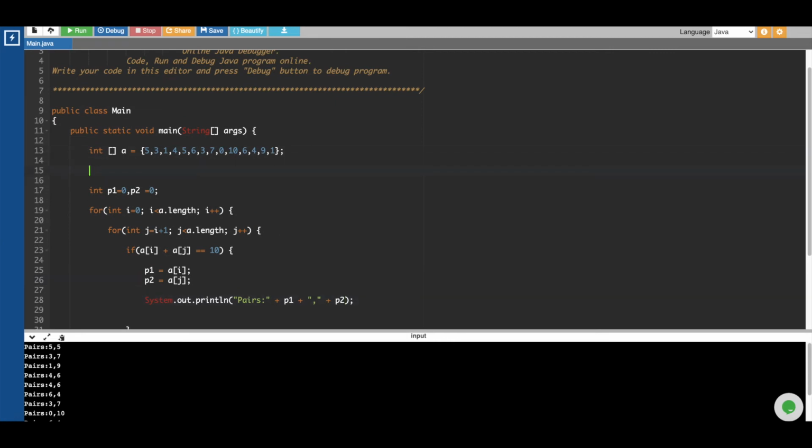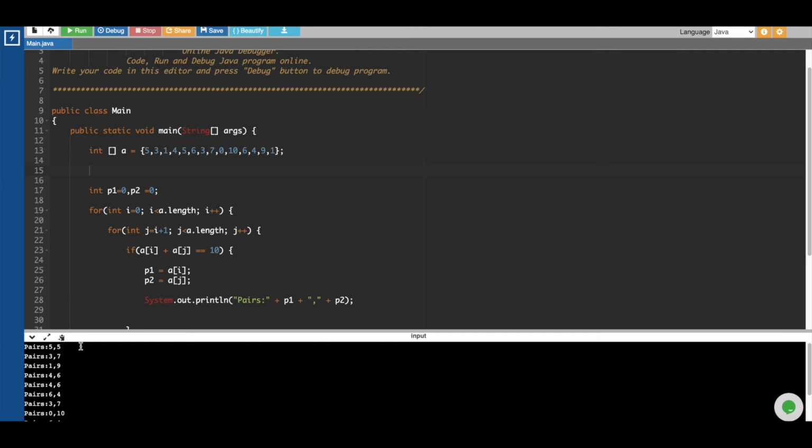Let's first talk about the logic and then we're going to write the program. So my logic would be, how am I going to identify that these are the unique pairs and these are the duplicate pairs? What I'll do is look at the difference of these pairs. 5 minus 5 will give me a 0, right?